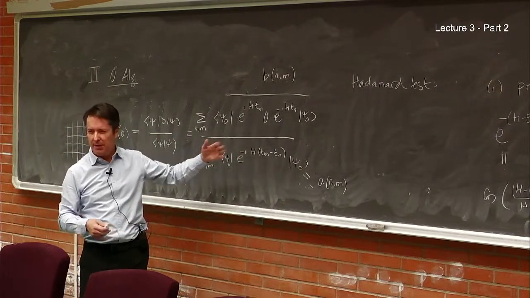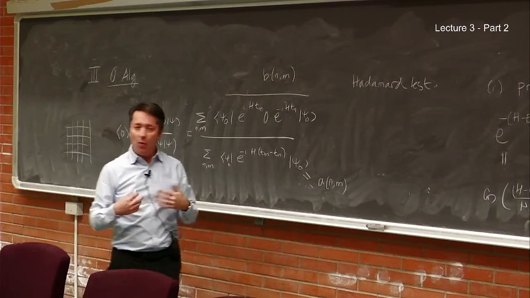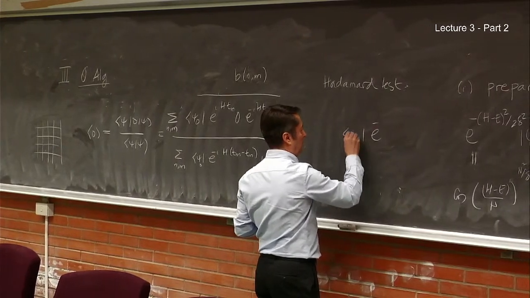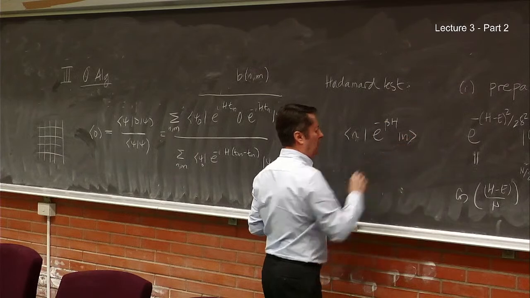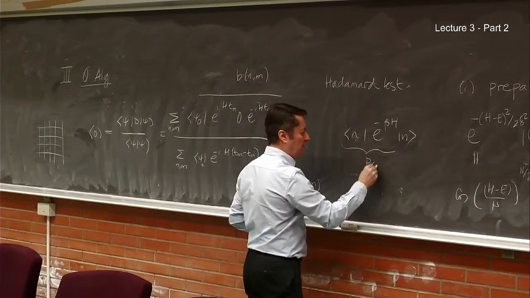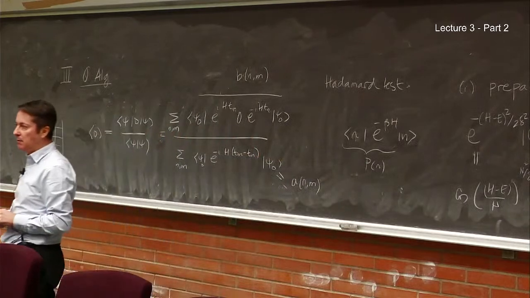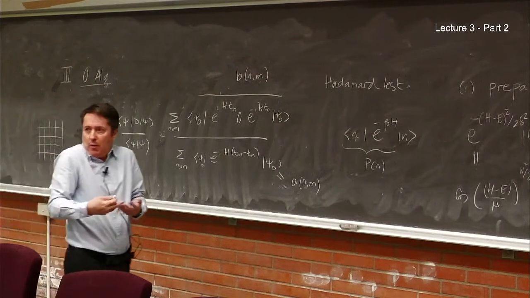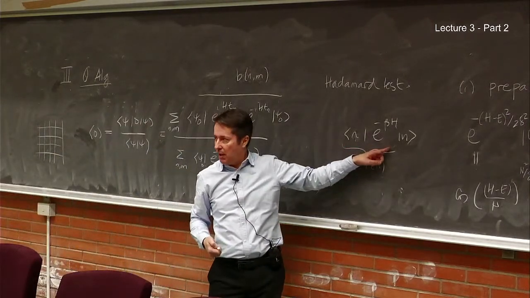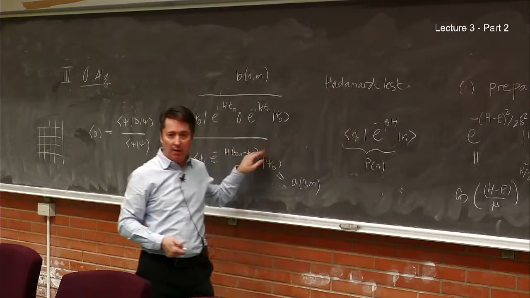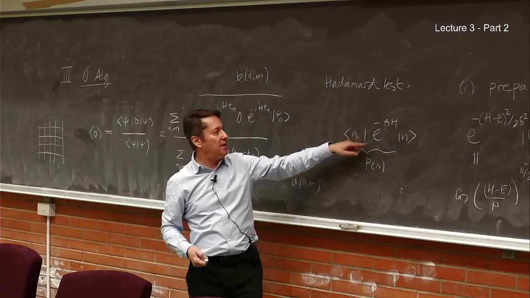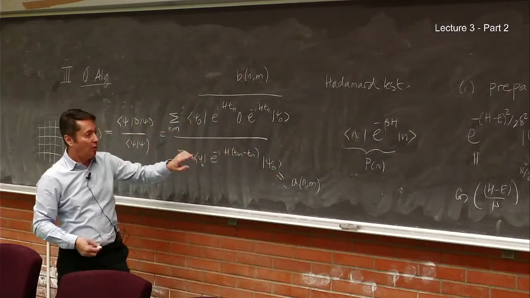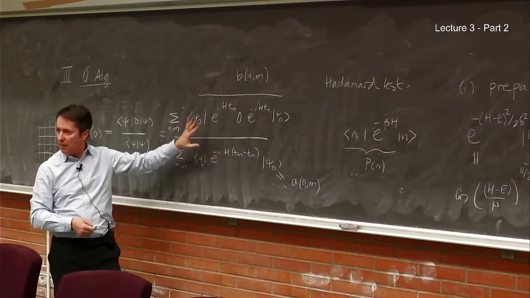I will not explain it here, but yesterday I told you that in Monte Carlo, you want to sample, you will have to compute things like what I called yesterday P of n. If you're able to compute P of n efficiently, then you can sample according to that. And I told you that typically in quantum Monte Carlo, you're not able to do that because you have the sign problem. But it turns out that this algorithm can now be rephrased. You just do a couple of steps, and you can rephrase it into computing this P of n, which can also be written in something like that.